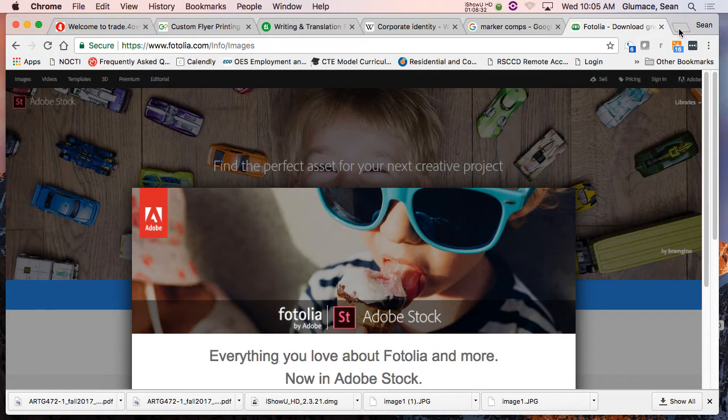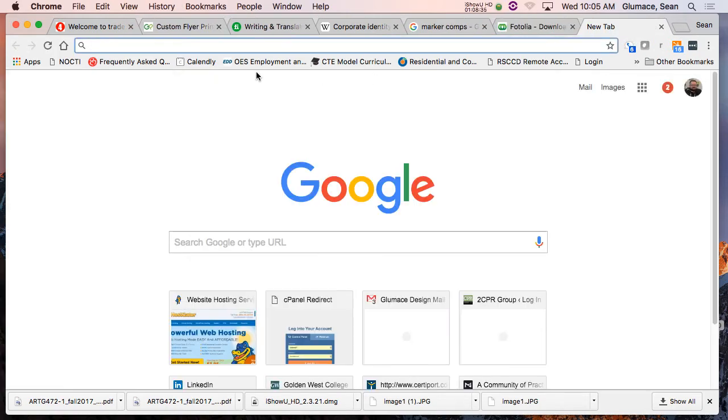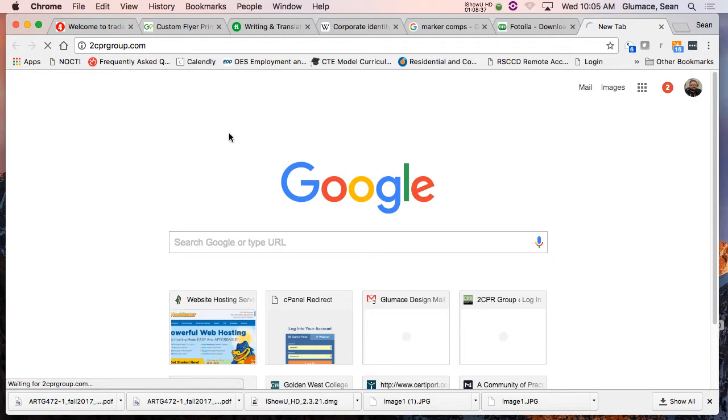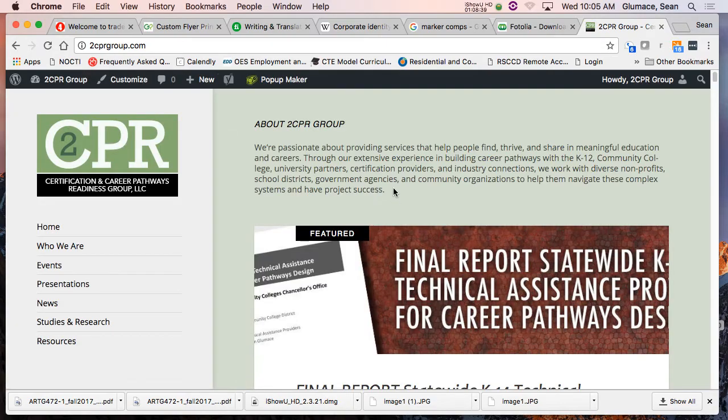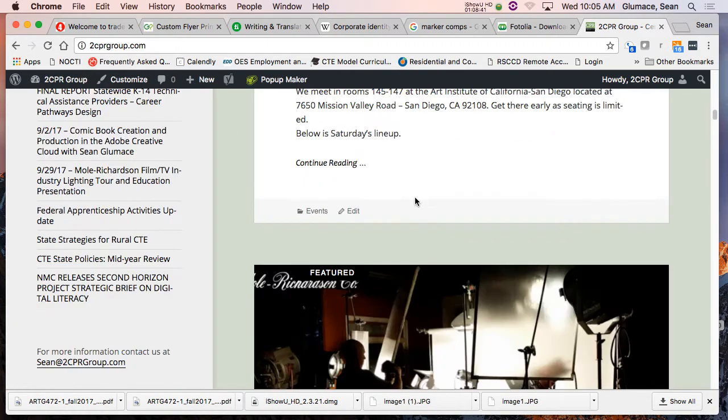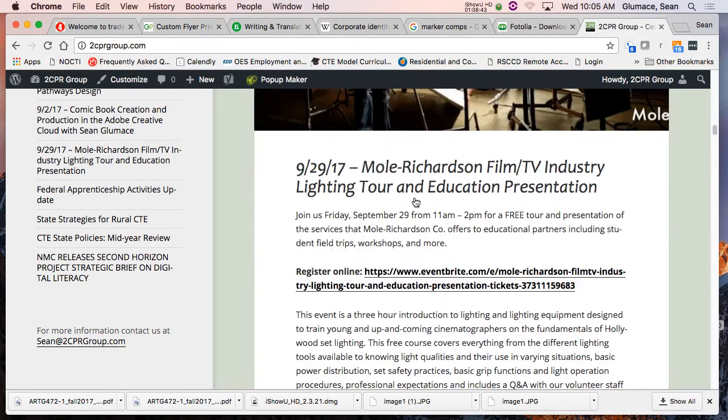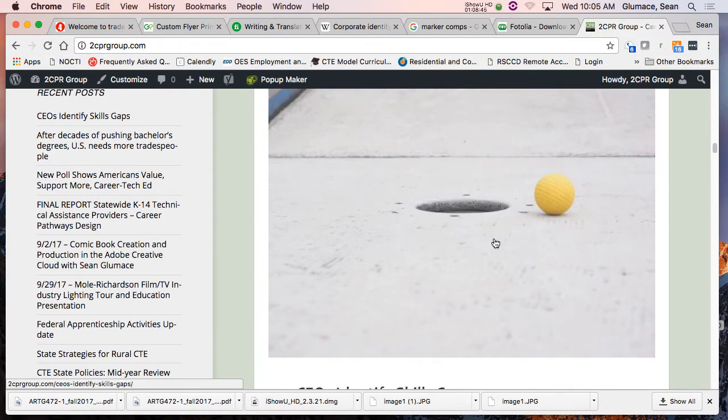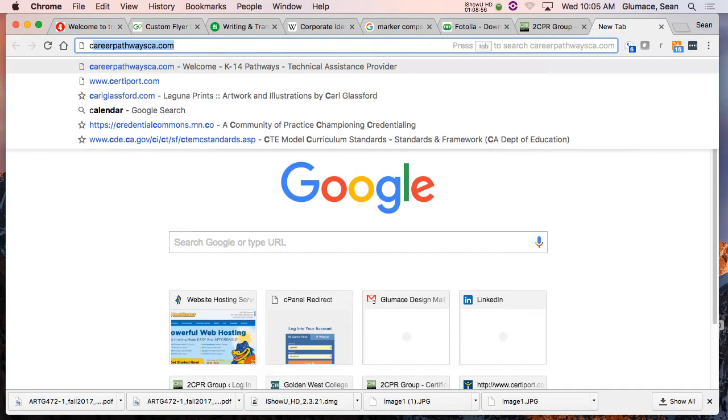One of the things I'm going to show you right now, we're going to do this in WordPress. One issue I have is I don't have photos for this site. This is my site for the work I do at the state. But like these photos here, I didn't want to just go grab photos off Google and then they pop up and I get a cease and desist order from someone. So I knew there was Creative Commons. How many of you know what Creative Commons is?